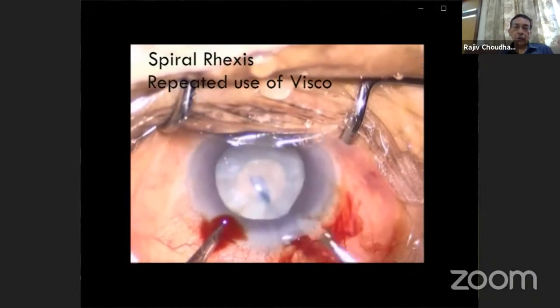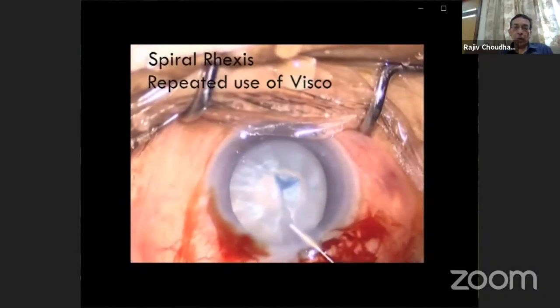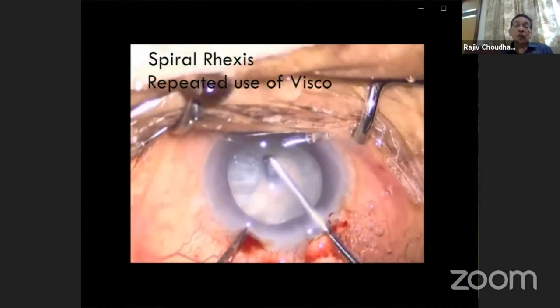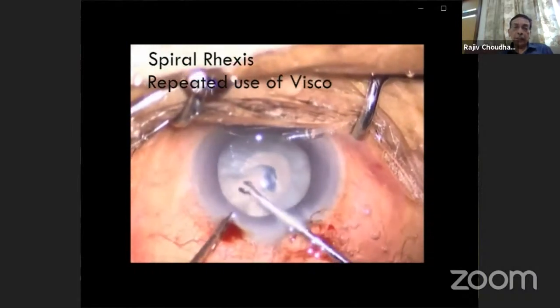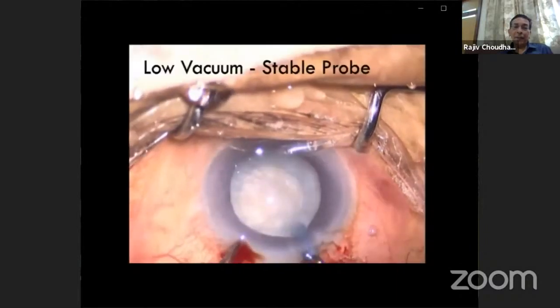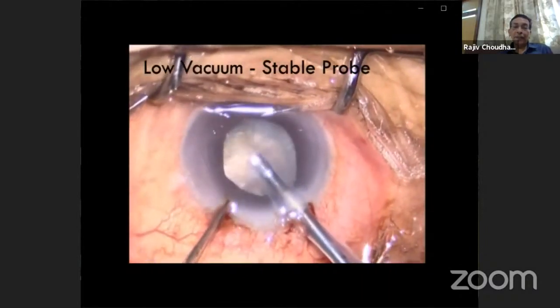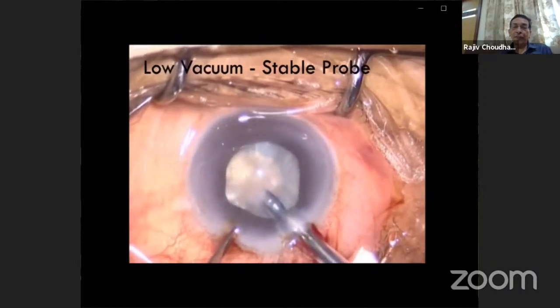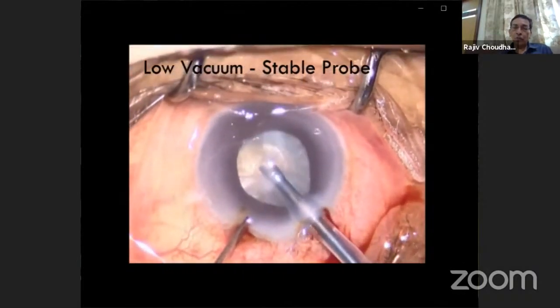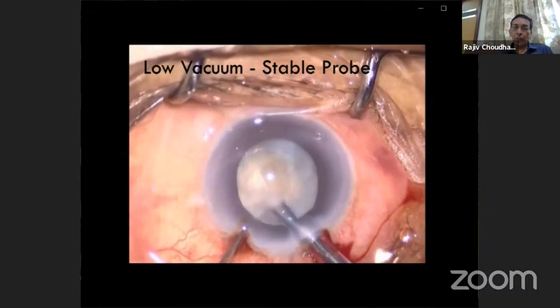So try to do it with a good viscoelastic, try to do the spiral capsulorhexis with repeated injection of the viscoelastic. The problem is that the chamber depth is very less. You can see that there is a fluctuation, because the chamber volume is less. So you need more cohesive viscoelastic in between repeatedly.